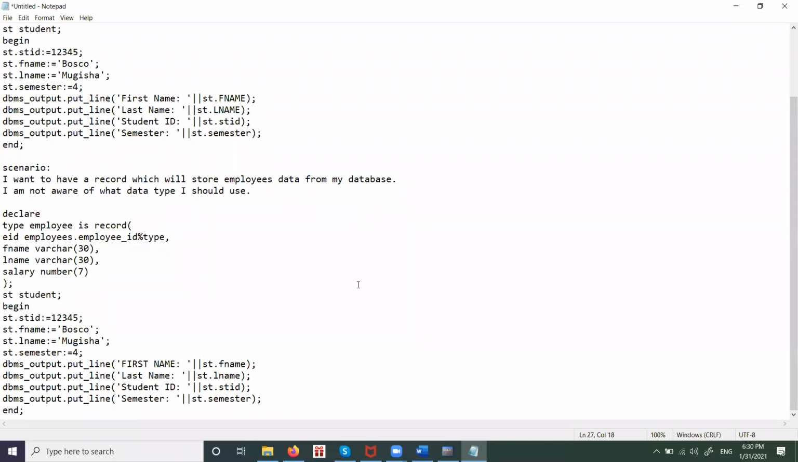I can do the same for first name. I go to employees, get first name as a column and go with a percentage type. I can do the same for the others if I need. It's not necessary to go this way, but you can mix scalar data types, or you can inherit the types from your database. Then if I come here,